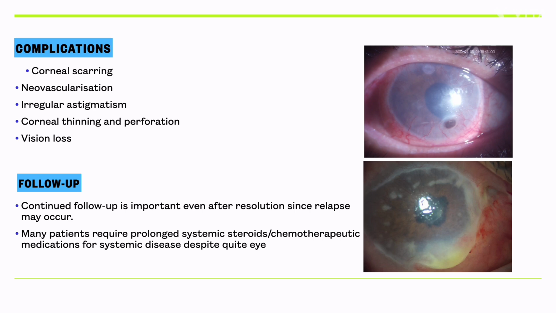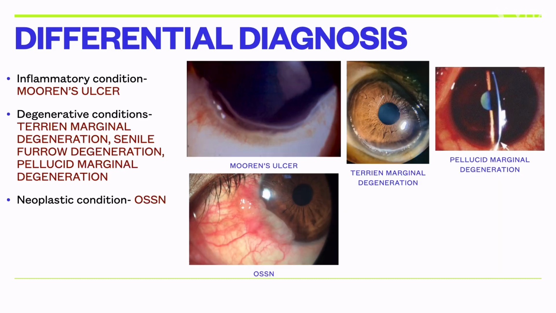And many patients will require prolonged systemic steroids or chemotherapeutic medications to keep the underlying systemic disease in check, even when the eye itself appears quiet. Our goal here is not just immediate healing but sustained remission through a combination of local ocular care and systemic immunosuppression. Now, highlighting the conditions that can mimic peripheral ulcerative keratitis, to accurately diagnose, we must differentiate it from the